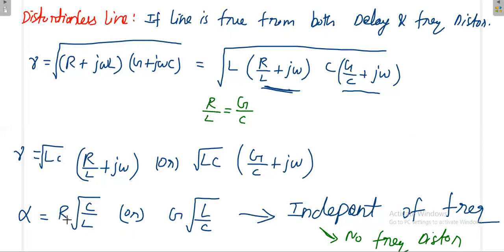Okay, so now I take the imaginary component, just omega into square root of LC, or otherwise here also omega into square root of LC. So what is that imaginary component? Because gamma is always equal to alpha plus j beta. If I take the real component, that will denote alpha. If I take the imaginary component, that will denote beta. So beta is equal to omega into square root of LC. I think we have already seen this formula, but instead of LC it was in some different format, mu epsilon, something like that.